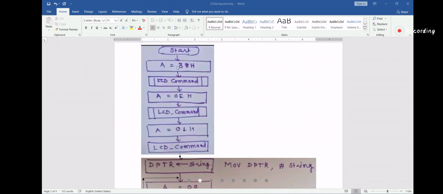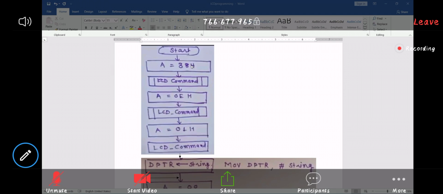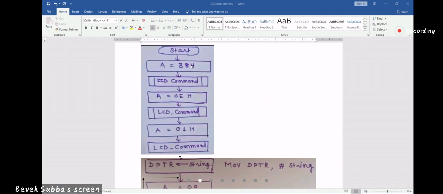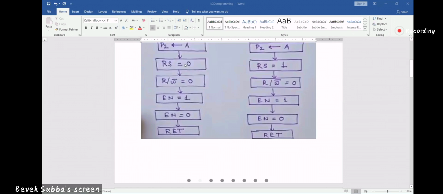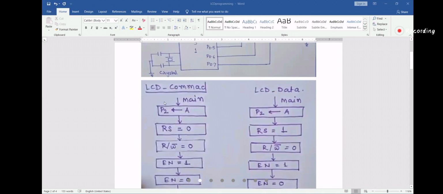When I write A equal to 38H, after this, is 38H a command or data? Command, sir. It is a command. So you will call the LCD command subroutine.